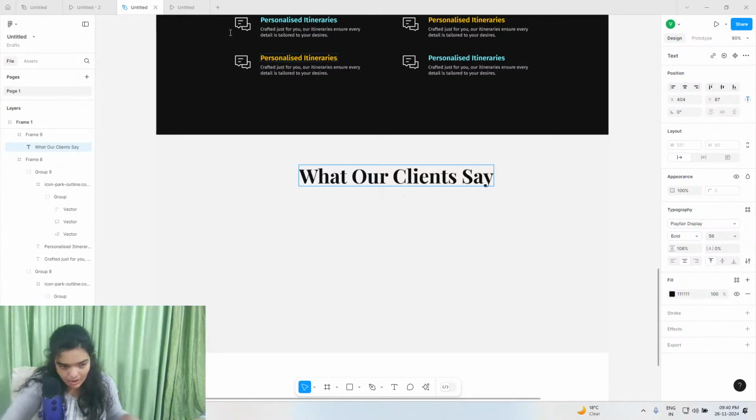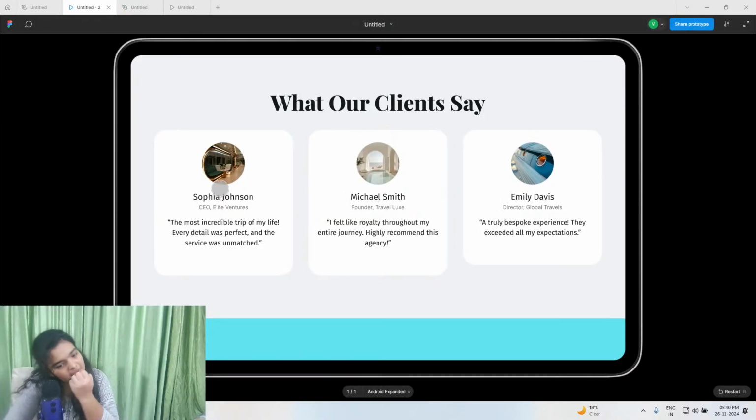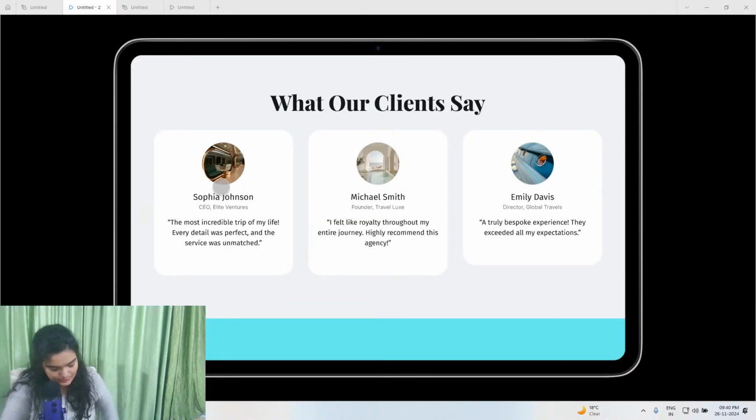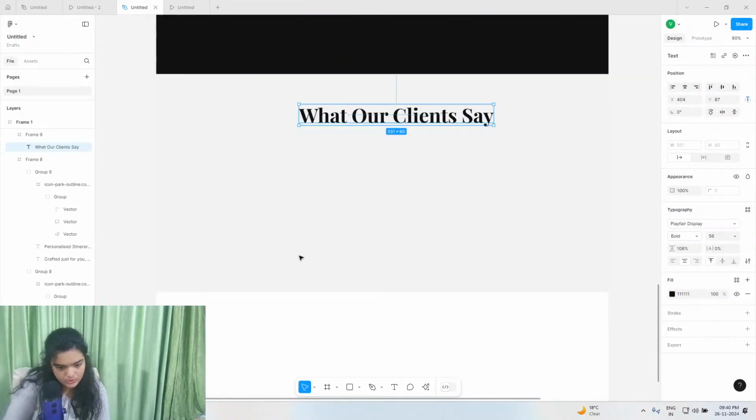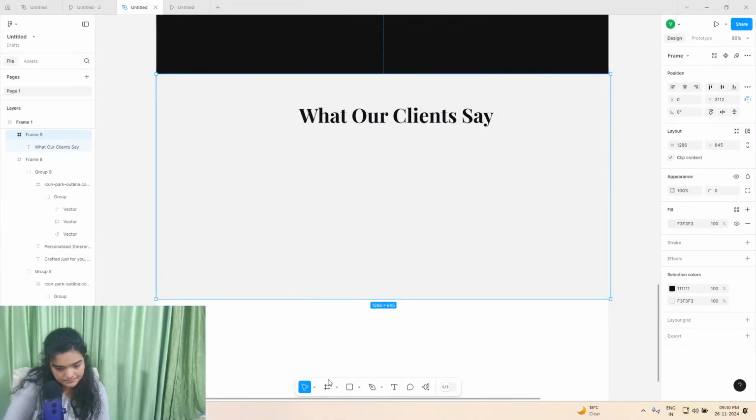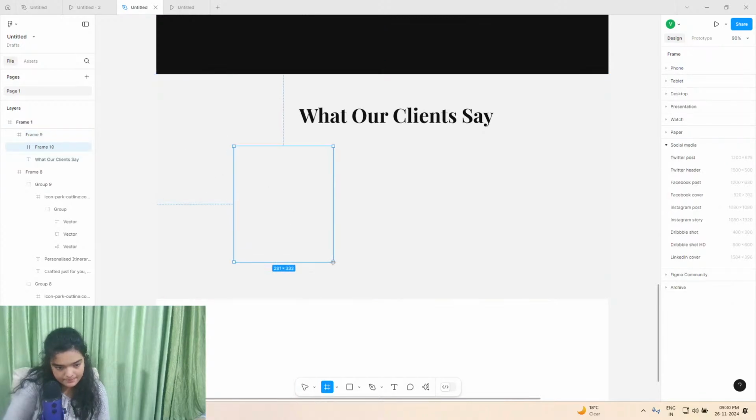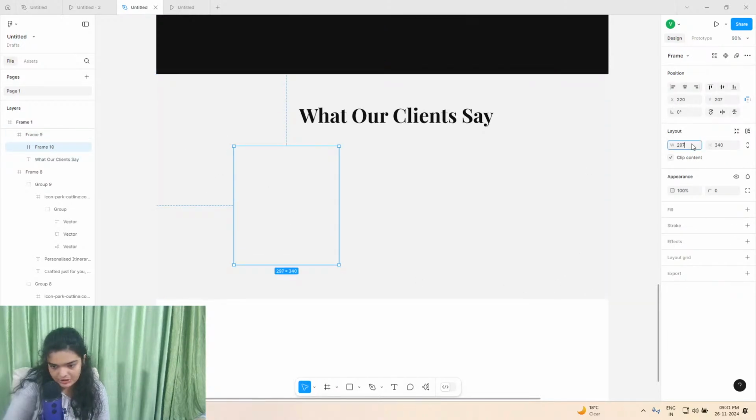Alright, now we are going to add these individual cards, which are the testimonials of everyone who is using them. Let's go to our frames, create a single frame, which is 300 by 340 pixels. Add a fill, add a border radius,